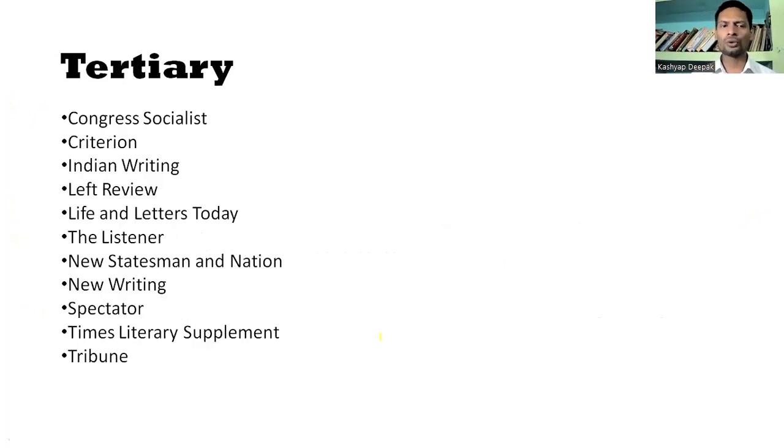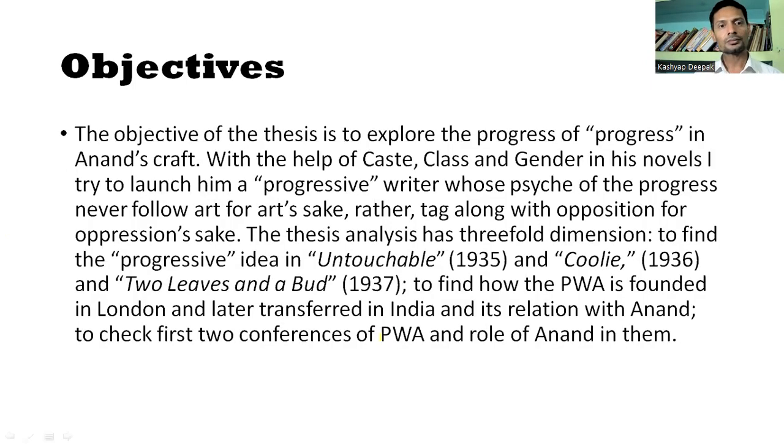Tertiary sources are those which are published either in a magazine or newspaper. In these newspapers or magazines, some review works on Mulk Raj Anand are also published. So we include them as tertiary sources. Tertiary simply means the work that is part of the literature in a newspaper, magazine, or similar thing. So these are counted as tertiary sources.